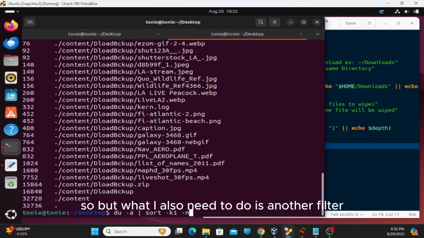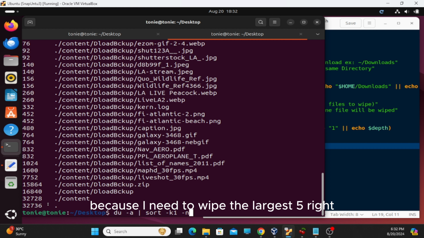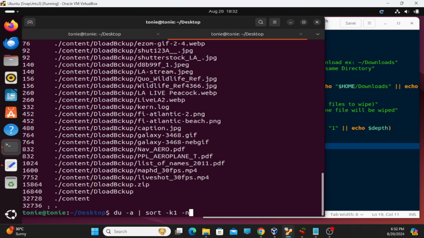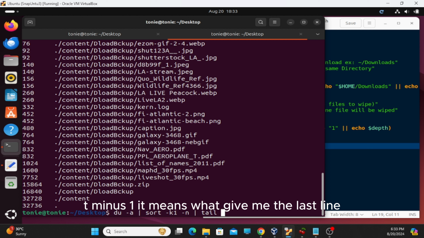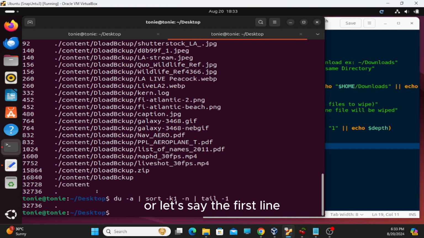But what I also need to do is another filtering. I want to get down to the lowest line because I need to wipe the largest file, right? So I need to get what is called the tail. Tail means the last lines of the display. So if I type tail -1, it means give me the last line. Now let's say I want to get the line after it, or let's say the fourth line. If I type tail -4,